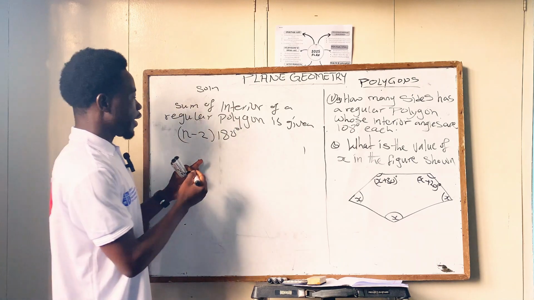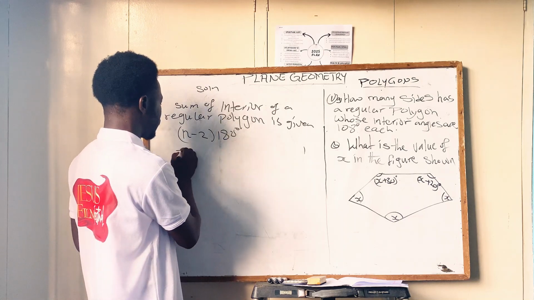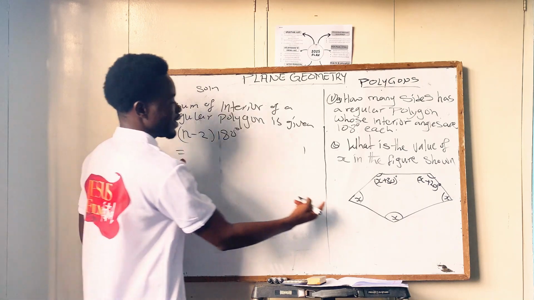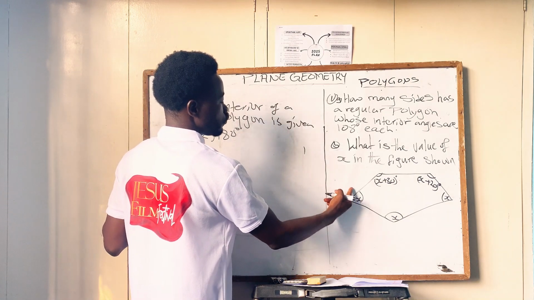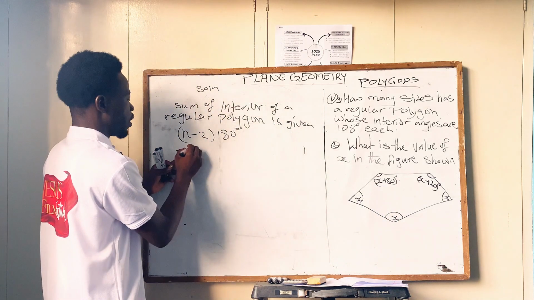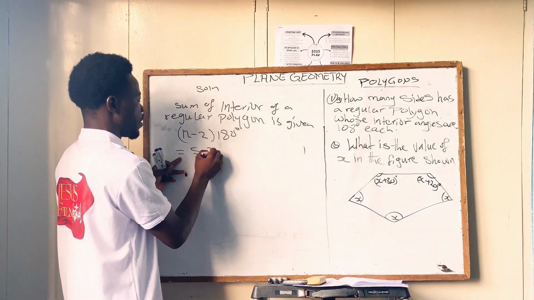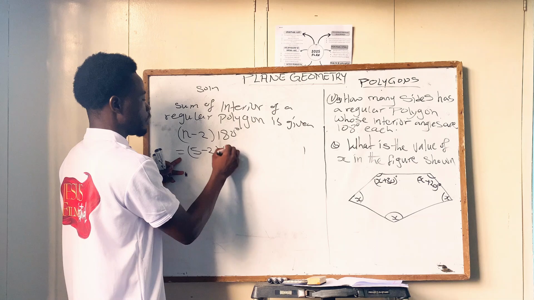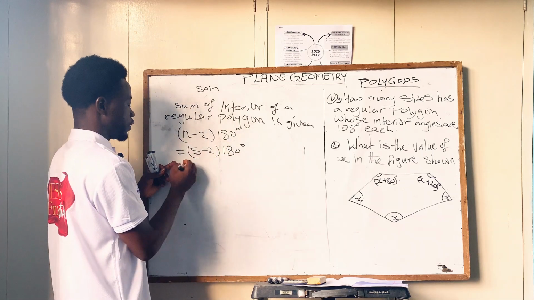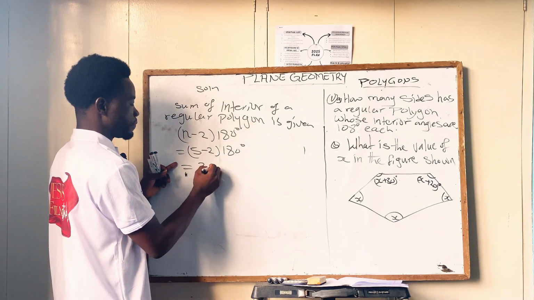Here n is the number of sides. So we have 1, 2, 3, 4, 5. So I have 5 sides. So 5 minus 2 times 180 degree,